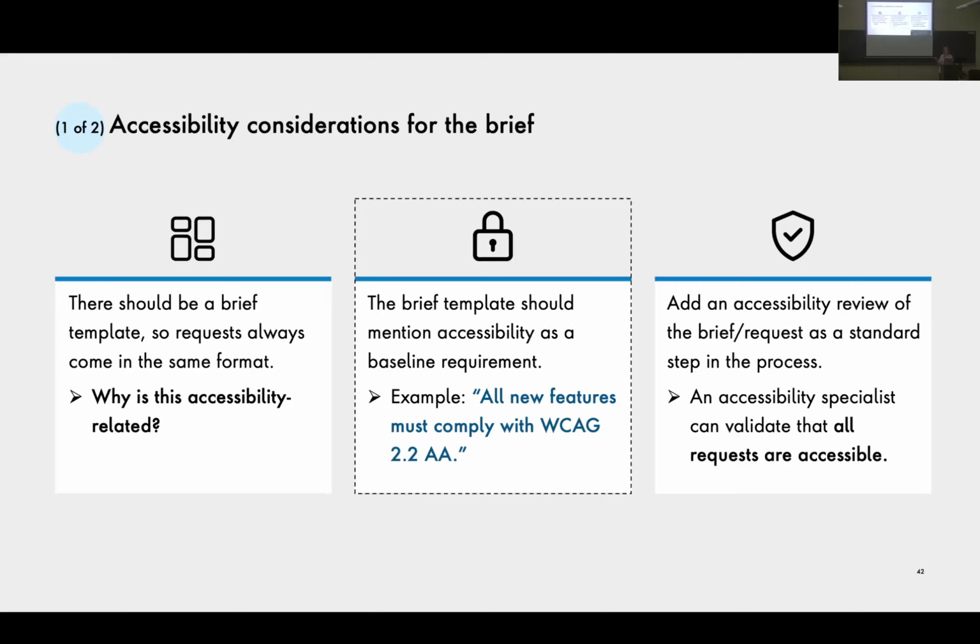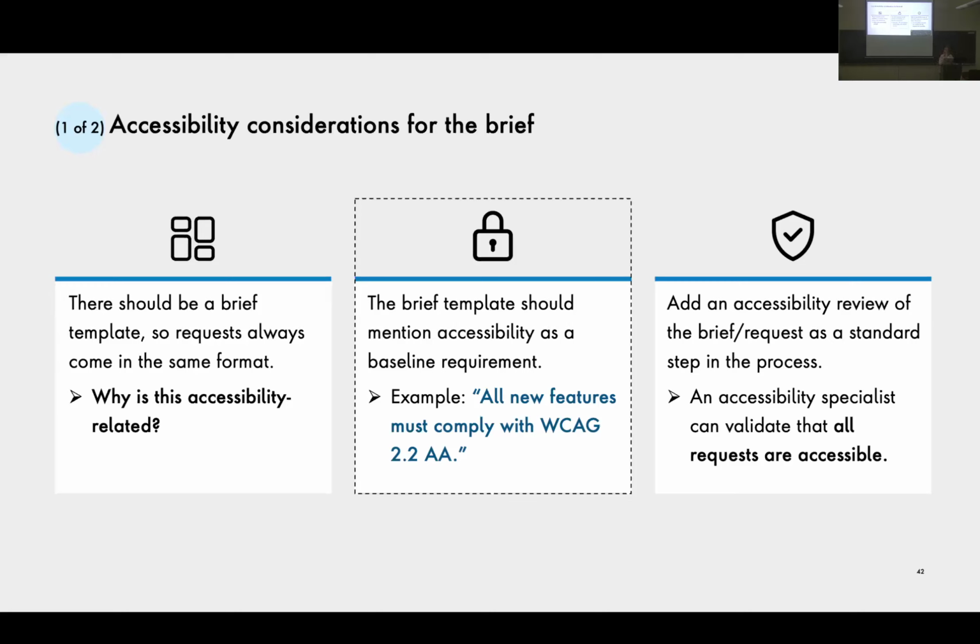Okay, so for example, just to be ridiculous, if a stakeholder made a request and it was, I want to have a scrolling marquee across the homepage that blinks and flashes. So as an accessibility specialist, I'm going to have some concerns with that request. And so if it says right at the top of the request, all the requests must be accessible, it's so easy for me to say to the stakeholder, like, oh, oopsie, your request doesn't meet accessibility requirements. So let's talk about what your content goals are, and I can try and help you meet them in an accessible way, right? So we're not just saying no, we're just saying, oh, reminder, you need to meet these accessibility